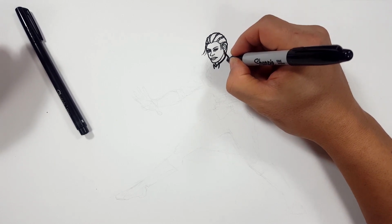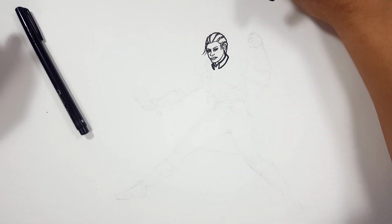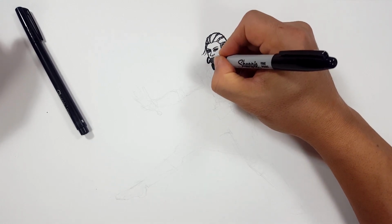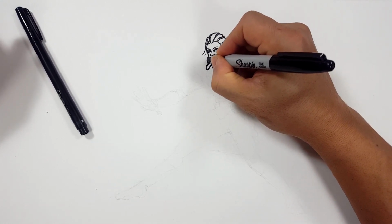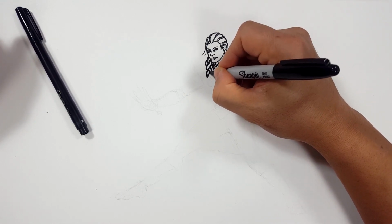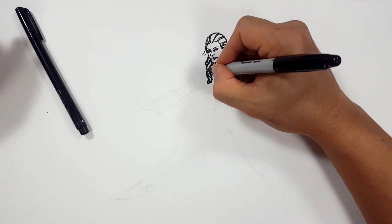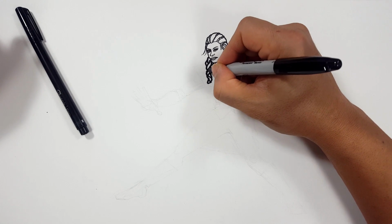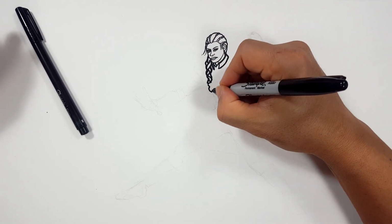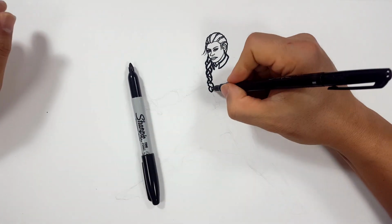Bring it around like that. Let's see. And I'm gonna draw her braid, and I have a tutorial on braids that I don't know if it's out or not yet, but I'm just kind of playing around with the look of a braid, but not a real braid, because she just has like big knotty ropey hair, you know. And then I'm going to close it off. And I'll go ahead and add just a few little extra